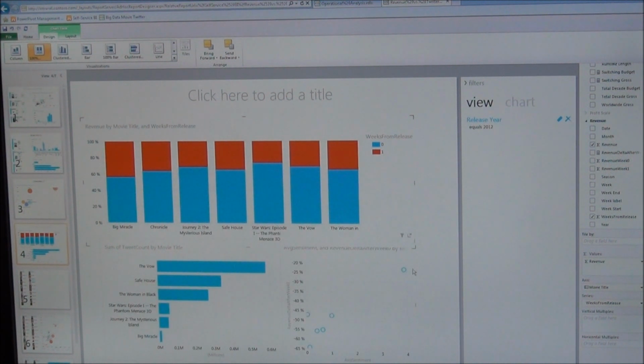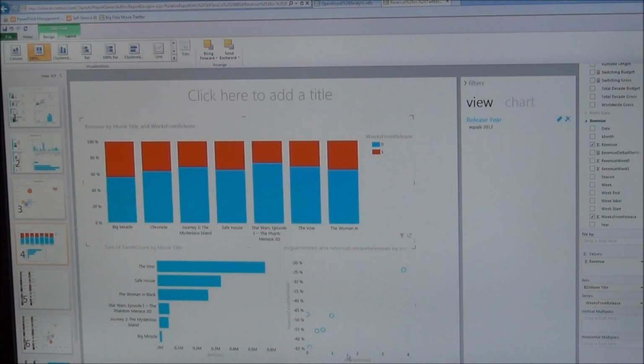Now I have a scatter plot here of the sentiment. By sentiment, how we measure sentiment is by the words associated with that movie in the tweet. For example, if the word is bad, horrible, do not like, or unwatchable or something like that, then it's a negative sentiment. It's more towards the 0. And if it's awesome, love it, and those kind of words or phrases, then obviously it's on this part of